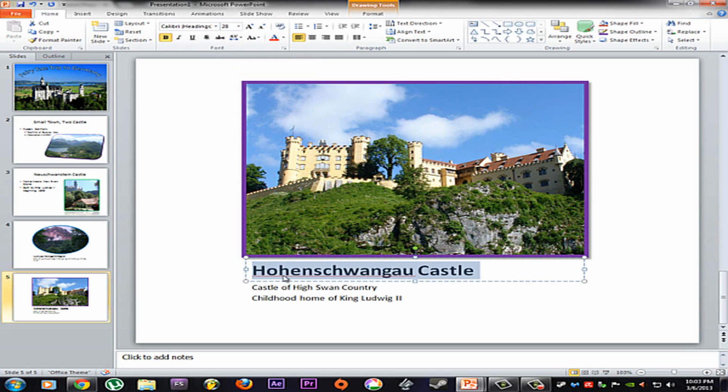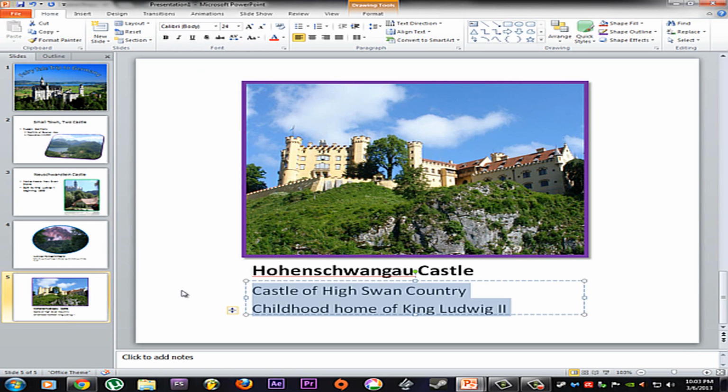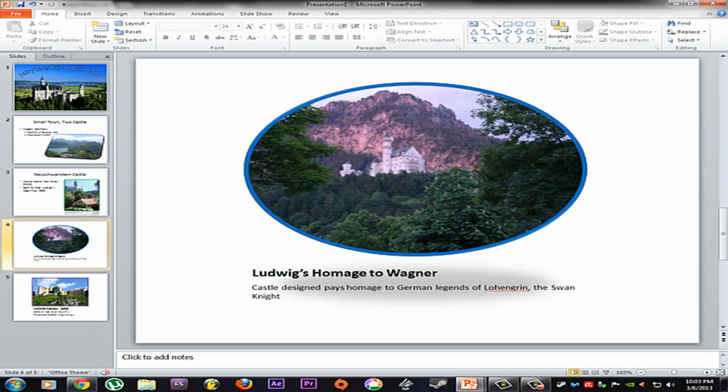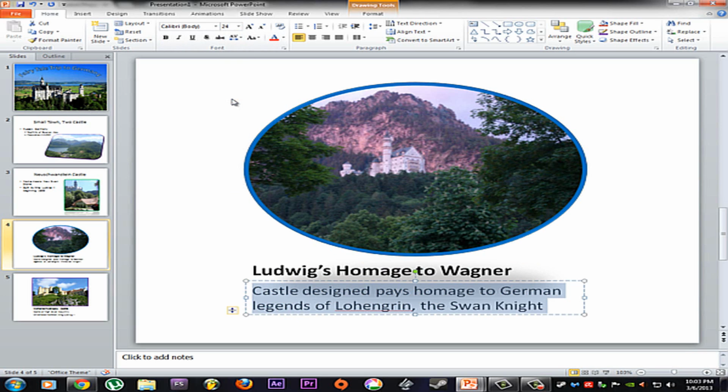And then it says change the caption size to 24. So I'm going to click the caption box and highlight my couple of sentences, and then it wants me to change it to 24 under the font again, and it wants me to do this to 4 and 5. So now that I've done it to 5, I'm going to go back to 4 and do it also. So highlight, font size 28 for title, click highlight, font size for caption is 24. So now that both 4 and 5 have been changed,